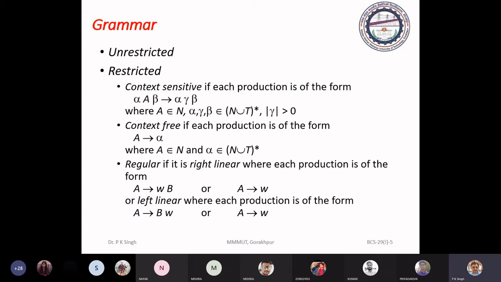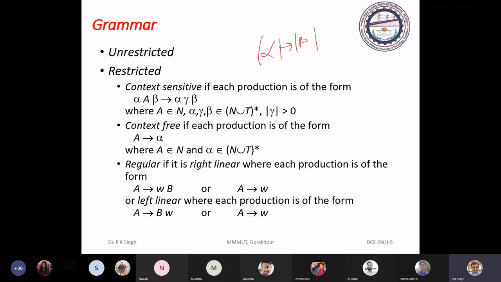If you have the destructive grammar property, if you have a production alpha to beta, then mod alpha must be less than or equal to mod beta, where alpha and beta are strings of terminals and non-terminals, means grammar symbols.